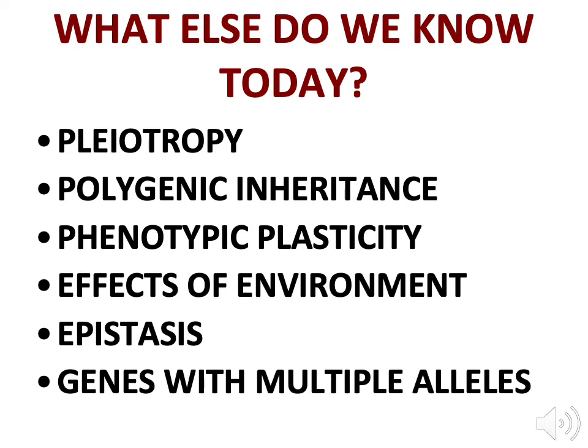And epistasis is the idea that you could have a gene somewhere in your set of chromosomes. Maybe it's on chromosome number 15. And that gene on chromosome number 15 might have an influence on the expression of a gene on chromosome number 4. So it's the idea you've got a gene on a completely different chromosome having an influence on another gene on another completely different chromosome. That's epistasis. Then finally, we're going to talk about genes with multiple alleles, and we're going to use blood typing